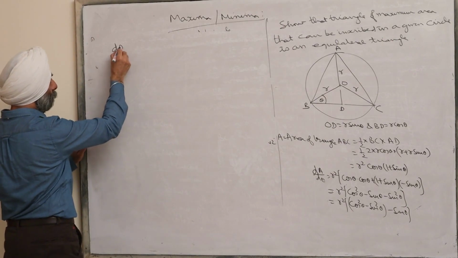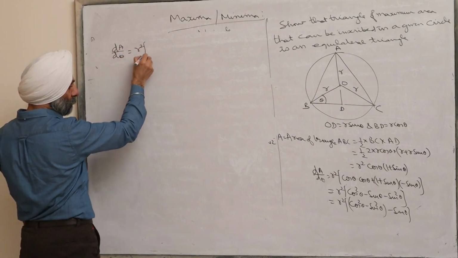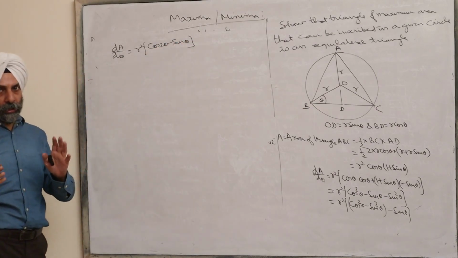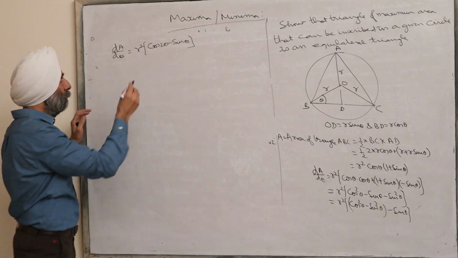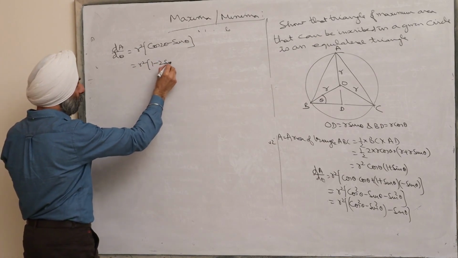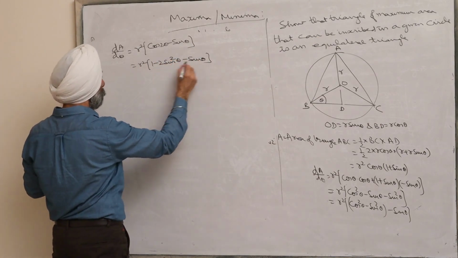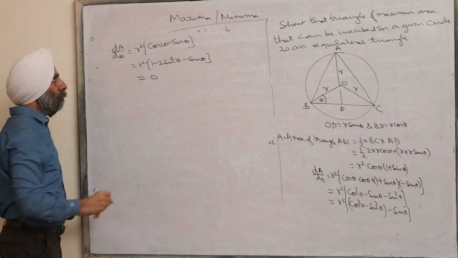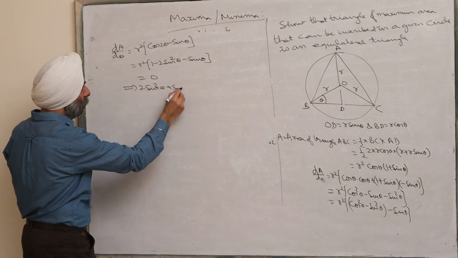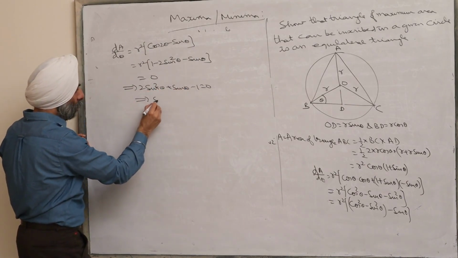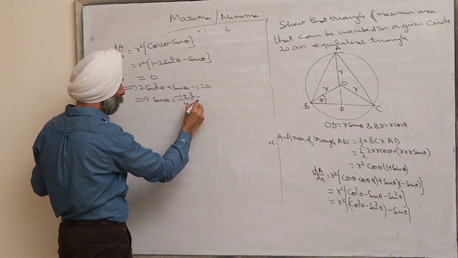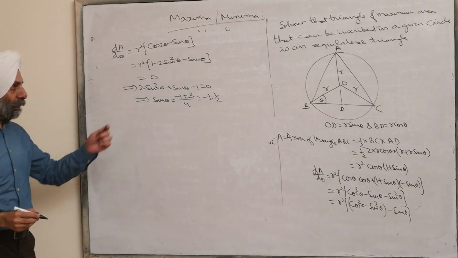So we have dA over d theta is equal to R square into cos 2 theta minus sin theta. So this is the derivative. We will convert cos 2 theta to 1 minus 2 sin square theta. This is 1 minus 2 sin square theta minus sin theta, and equate it equal to 0. So this implies that 2 sin square theta plus sin theta minus 1 equals 0, or sin theta equals minus b plus minus root b square minus 4ac over 2a,